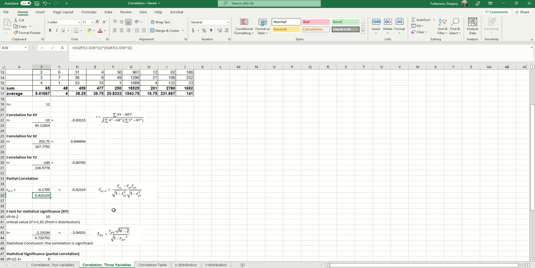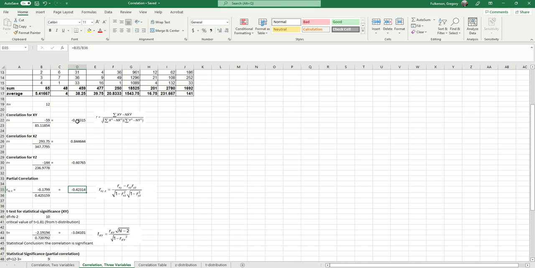terms, the square root of 1 minus the xz squared correlation, and the yz correlation. Okay, so that's what that looks like in terms of our Excel formula. And then this completes the calculation. So